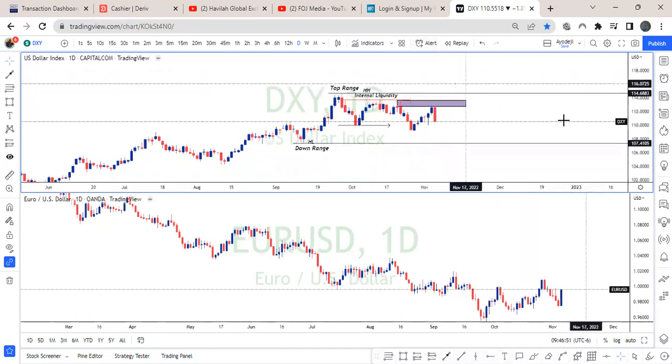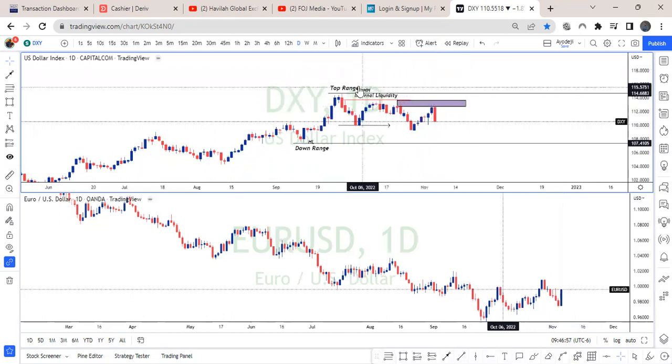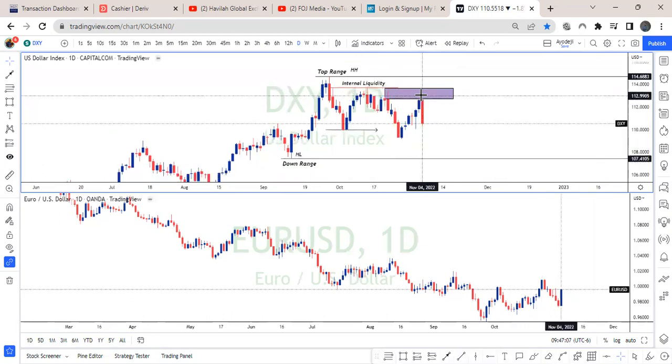which further makes me feel and think that price is still attracted to this upper side, because when price comes to create another higher high, price will definitely take out this internal liquidity. So FOMC gave us a good tanking of the DXY, which gave a bullish momentum to all the USD pairs.